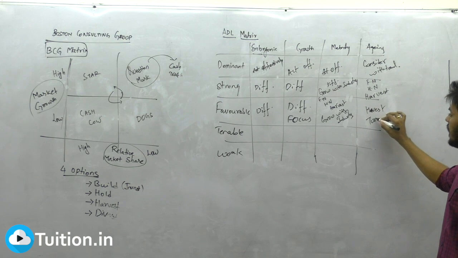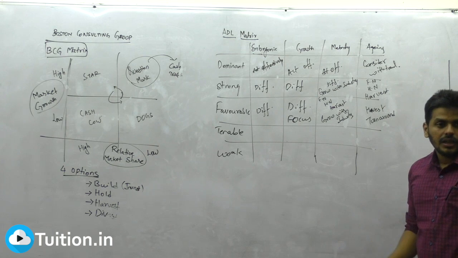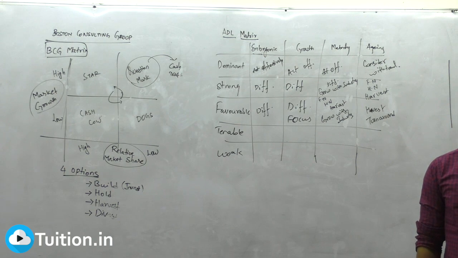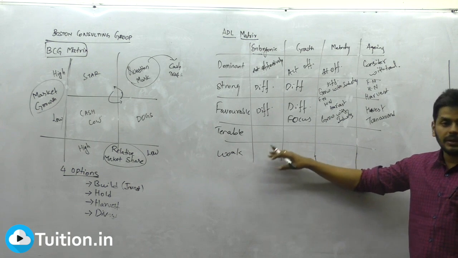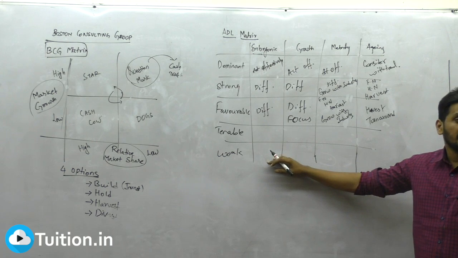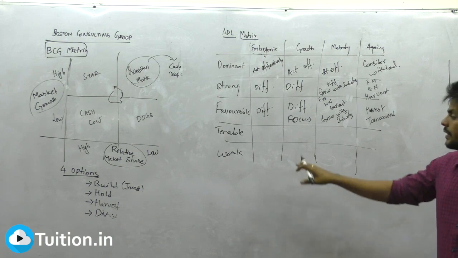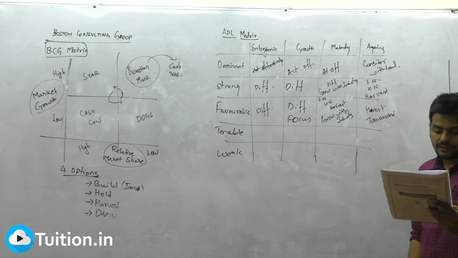Do turnaround. Now turnaround is a strategy where you're trying to come back, to give a dramatic comeback. If it's working out, fantastic. If it's not working out, harvest and come out. These two are companies which can't do anything dramatically, because one is a normal break-even company, and the other one is the dead, weak one. Okay. Now the fourth one, the tenable company.